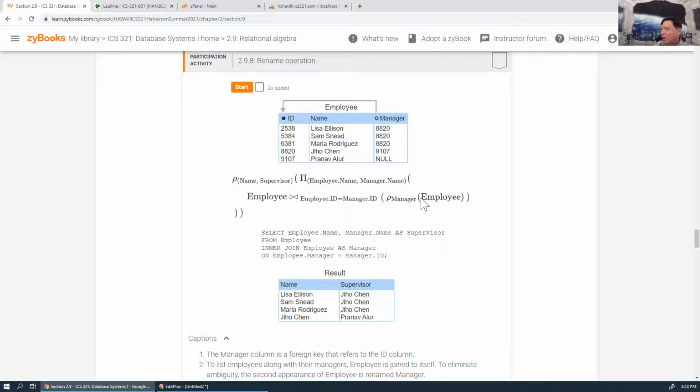So this renames the employee table manager, and then this does the joining of employee with manager. On those 2 things being equal, and then here we are just doing a projection. We just want the employee name and the manager name, and we're renaming those name and supervisor. So we end up with name and supervisor, and this is the names of the managers and so on. Anyway,